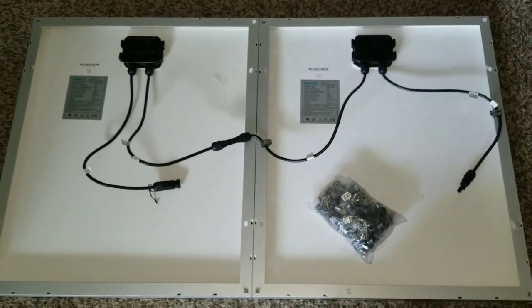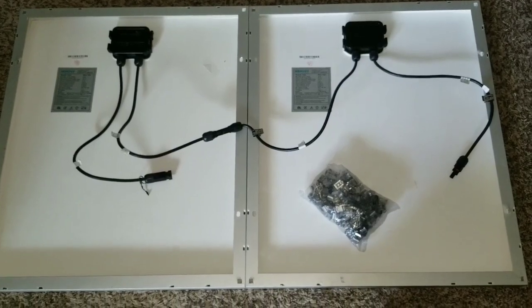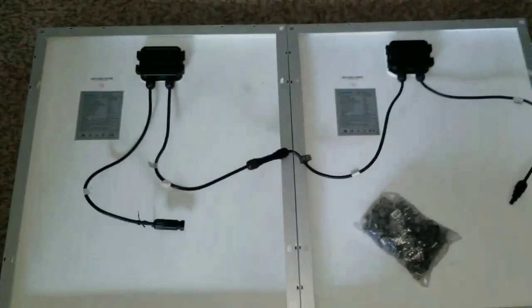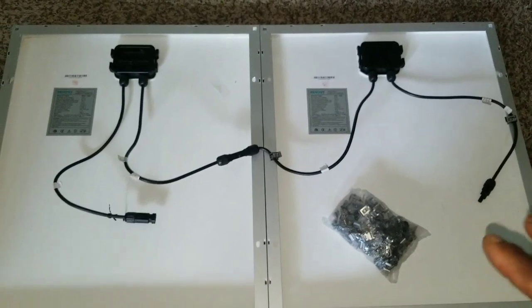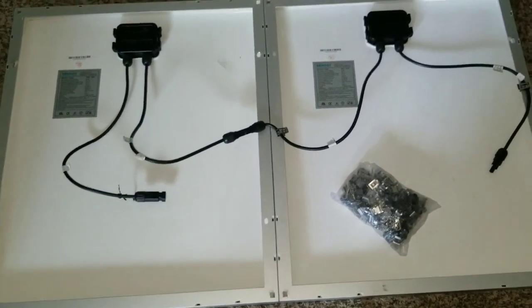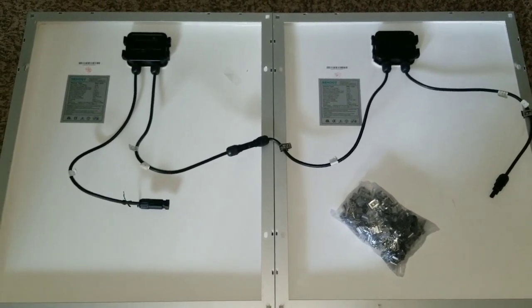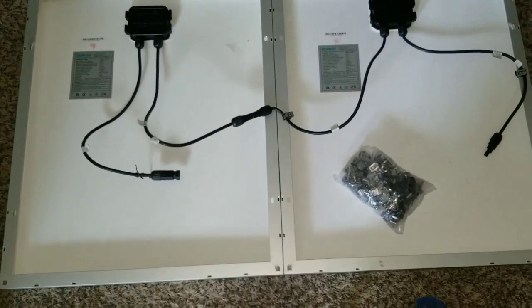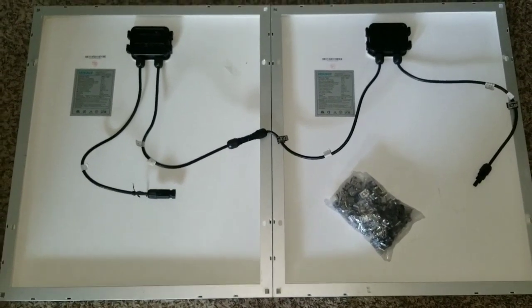And this is what I'm just trying to show you and how everything is. And you can take this one out to maintain it, get a clean install, and suspend this from the rack. You know how you're going to have a bunch of wires hanging all over your system, and you don't want that. You don't want that kind of look, or you don't want the thing to be unprofessional,